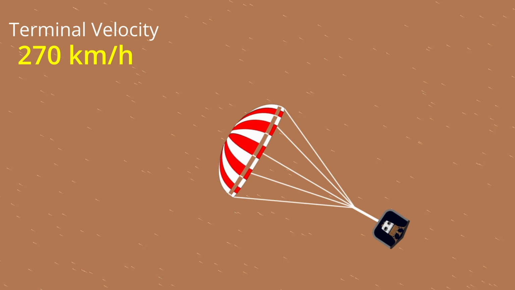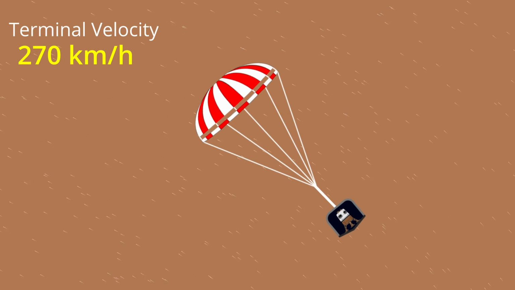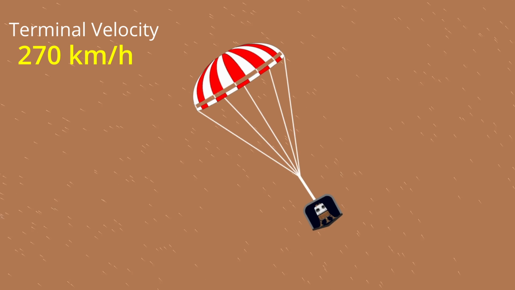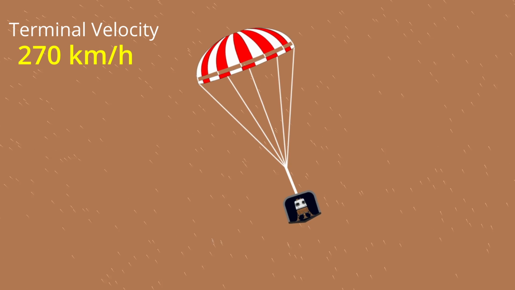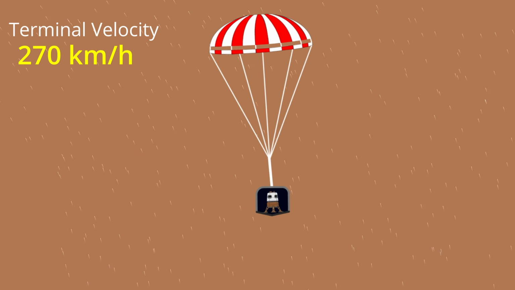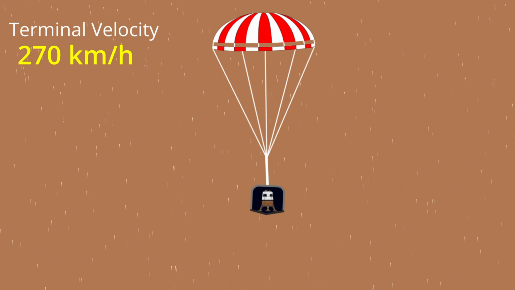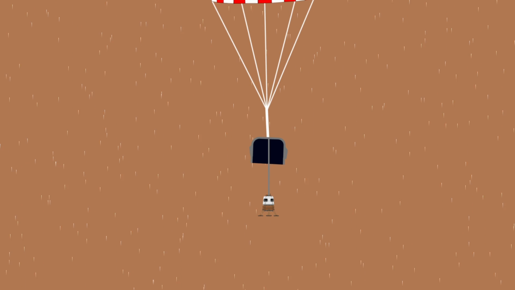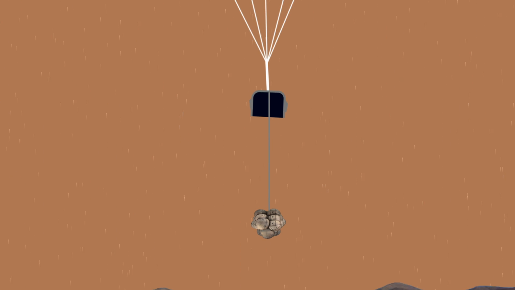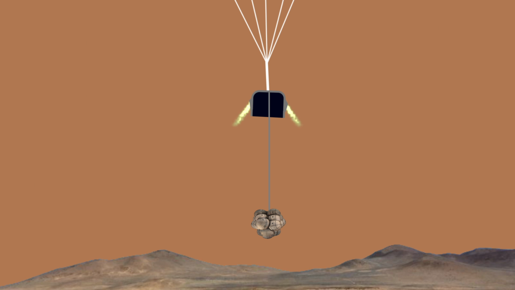At this point, we haven't used any energy to slow us down. We've totally relied on the atmosphere of Mars. But now, with a terminal velocity of 270 kilometers per hour, this is still far from a safe velocity for landing, and the atmosphere at this time is useless in helping us slow down further. At a height of 145 meters, we now use our retro rockets to slow us down to a safe landing speed of 0 meters per second,